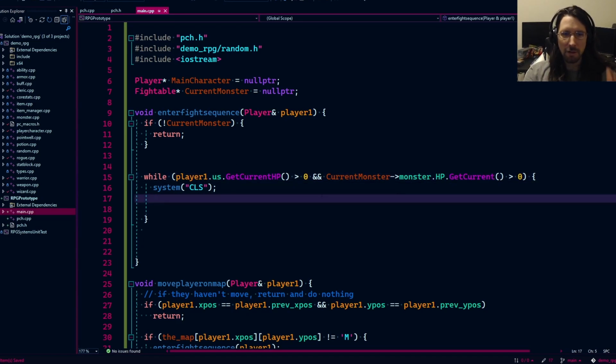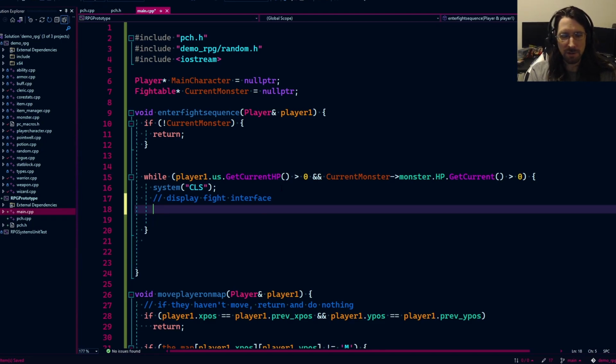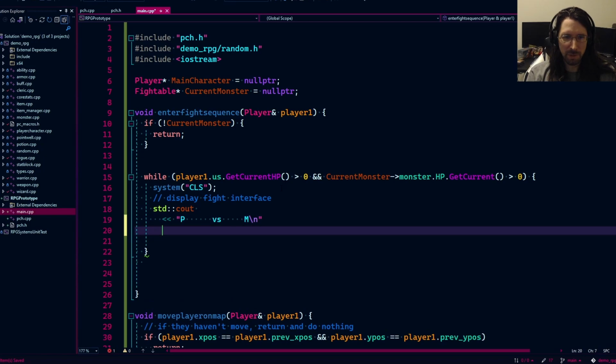They have different functions. Okay, so as long as they exist, we clear the screen and let's display interface. Display fight interface, which of course right now it's just going to be some battle systems. Let's make a, I don't know, make like a P versus M thing going on here. Let's just make it like a chart. It's going to look a little weird, but it'll make more sense as we go. You'll see what I mean. I think I just want to do the player stuff on the left, monster stuff on the right, because, you know, we don't have graphics going on. So we'll just do like,